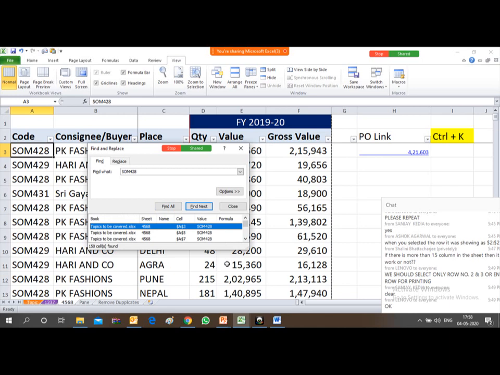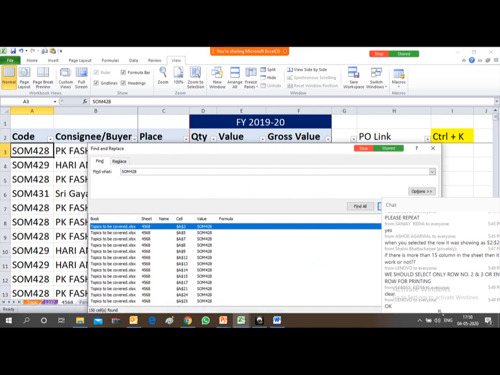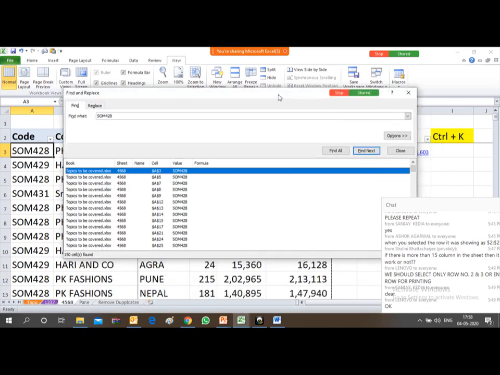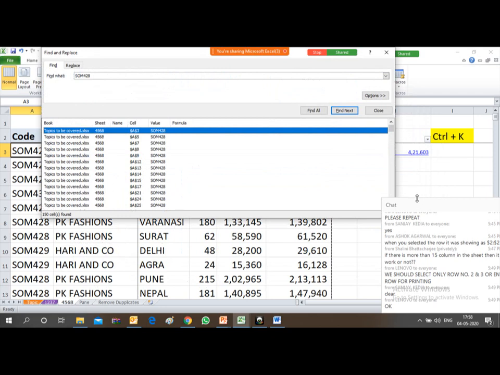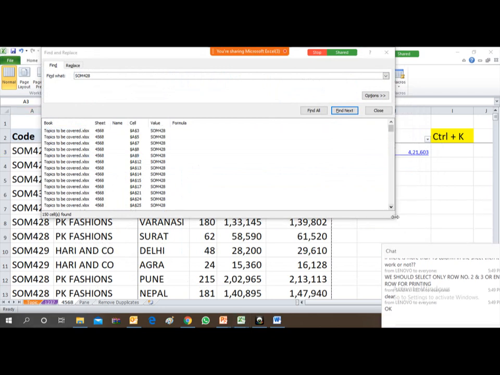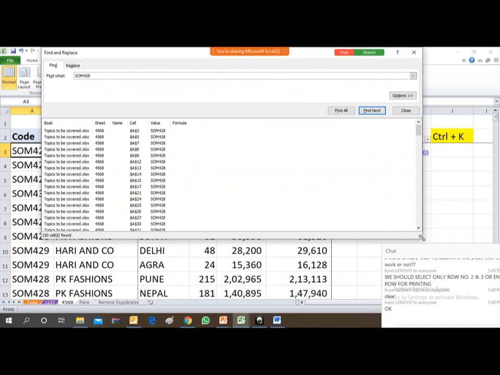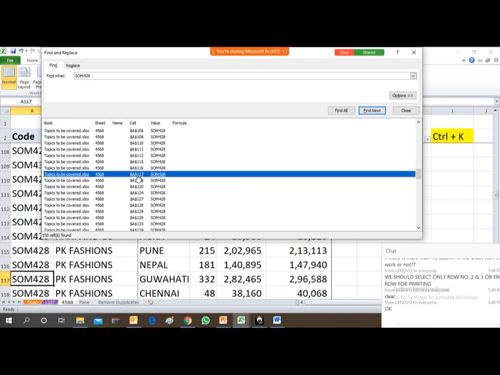Now with find all, you will see at how many places it is appearing. So there are so many places where this 428 is appearing, and the address of the cell is also mentioned over here. If you want to go to a particular cell, you just click over here. The cursor will move to that particular cell.